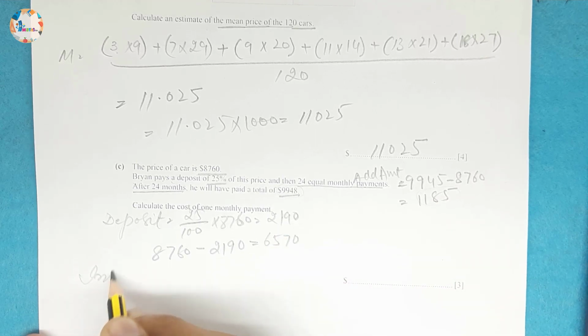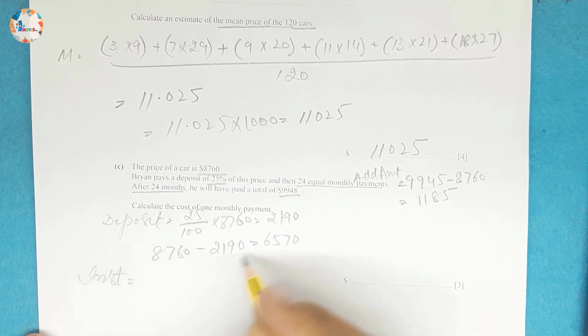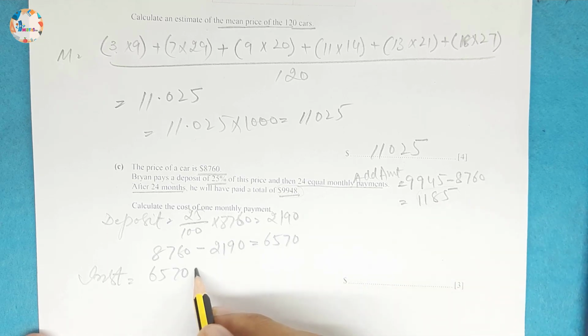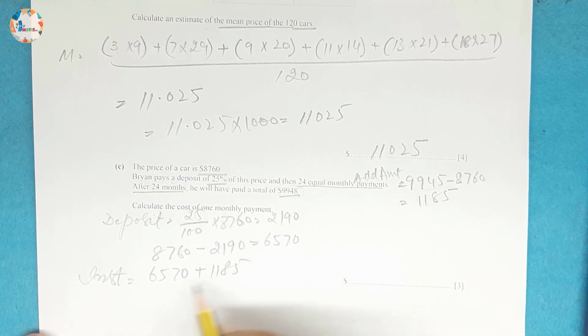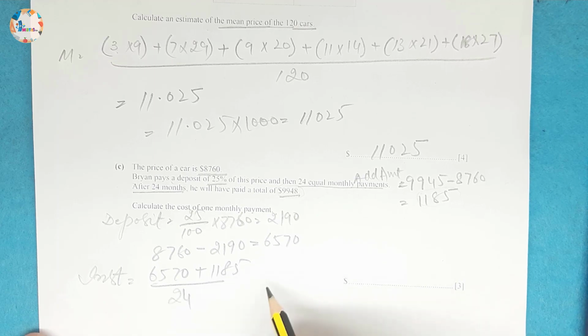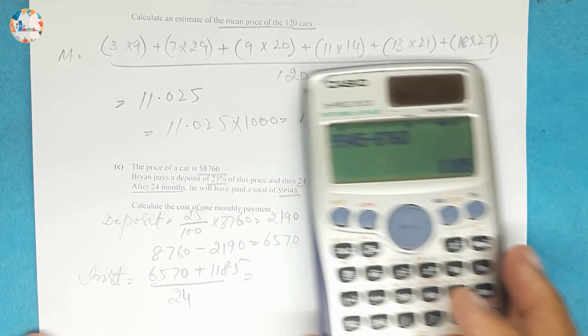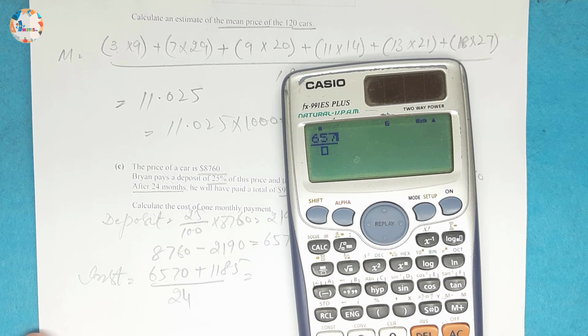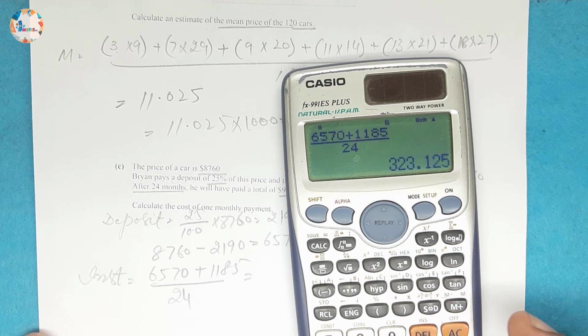So installments will be equal to 6570 is paid, plus 1185. This is paid in 24 installments, so divided by 24. We can write the fraction 6570 plus 1185 divided by 24, and this is equal to